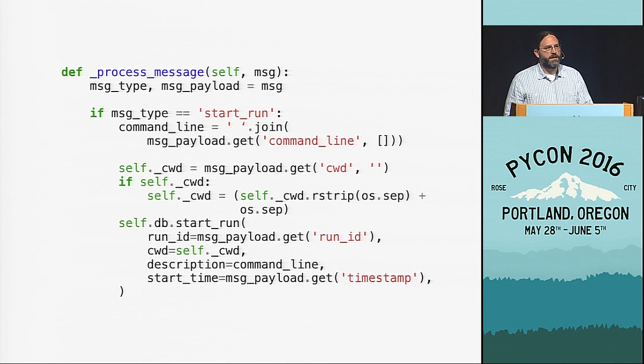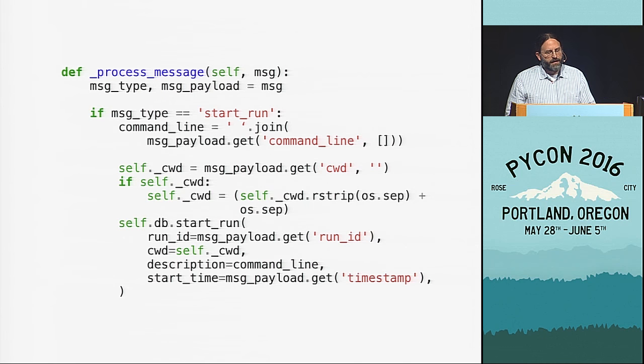Normally when you see a pattern like that repeat, where you're looking at types or you're doing a branch like this, you want to try and figure out a way to eliminate that. The typical way to do it would be to create a specific event class for each event message type. But in my case, I decided that it was actually better to just stick with the if statements because I wanted all of the database logic to be in one place. I didn't want it to be scattered across all of the message types. And I wanted all of my formatting logic similarly to be in one place. I didn't want it to be all built in to the message classes. So I just stuck with simple dictionaries as messages.